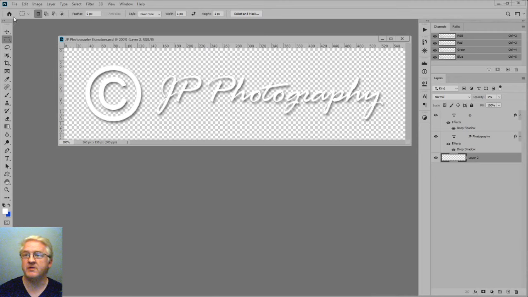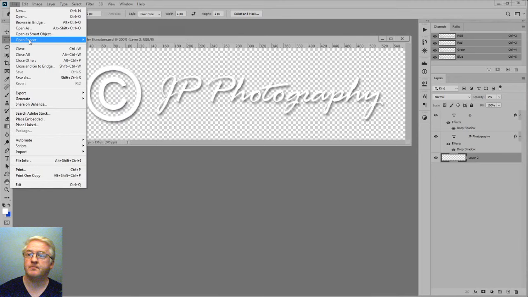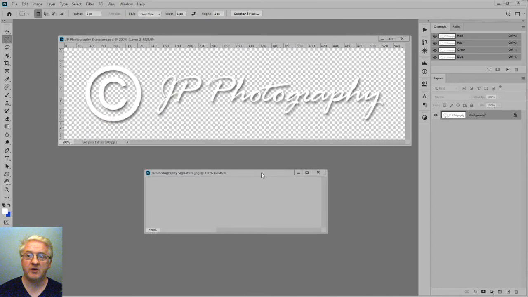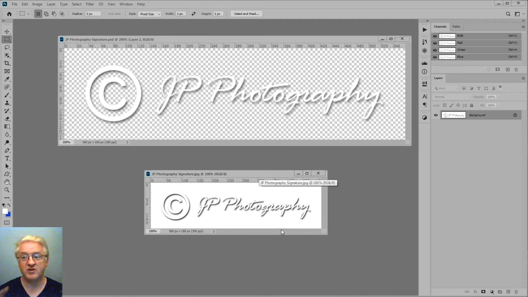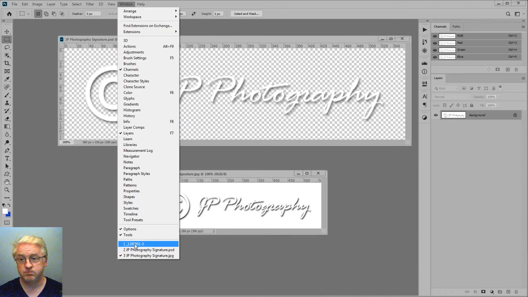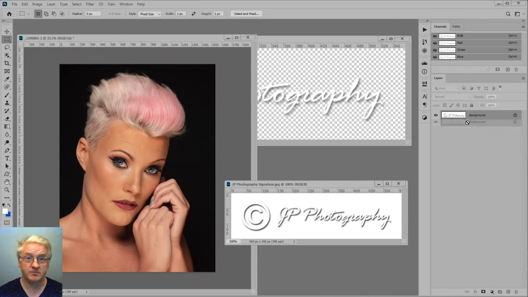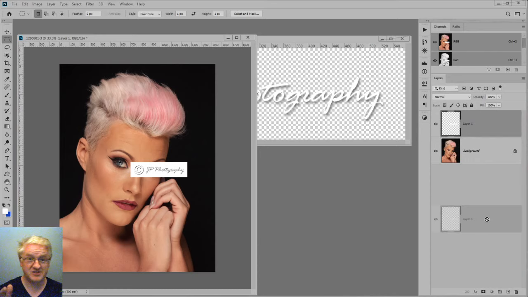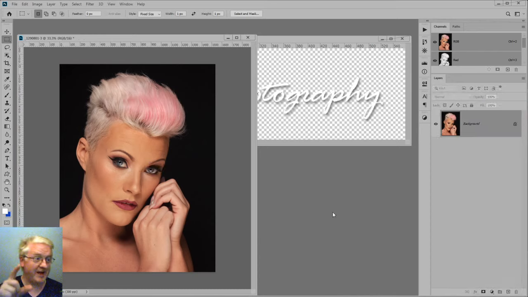If we go and open the file we saved, File, Open, JP photography signature JPEG, and click Open, it's on a white background. So if we try to drag that into an image, this white background is going to show up. So that's one of the reasons why you can't save it as a JPEG. JPEGs will flatten it, yes, but